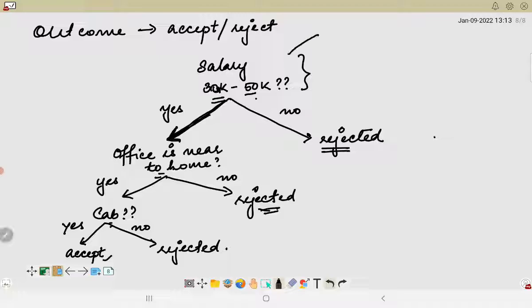Initially I will provide the entire data set into the root node. So this is basically the root decision node, and here I will have all the features like the salary of that particular job, the other attributes, maybe what is the technicality which is required in that job, or what technical knowledge do I need in that job.